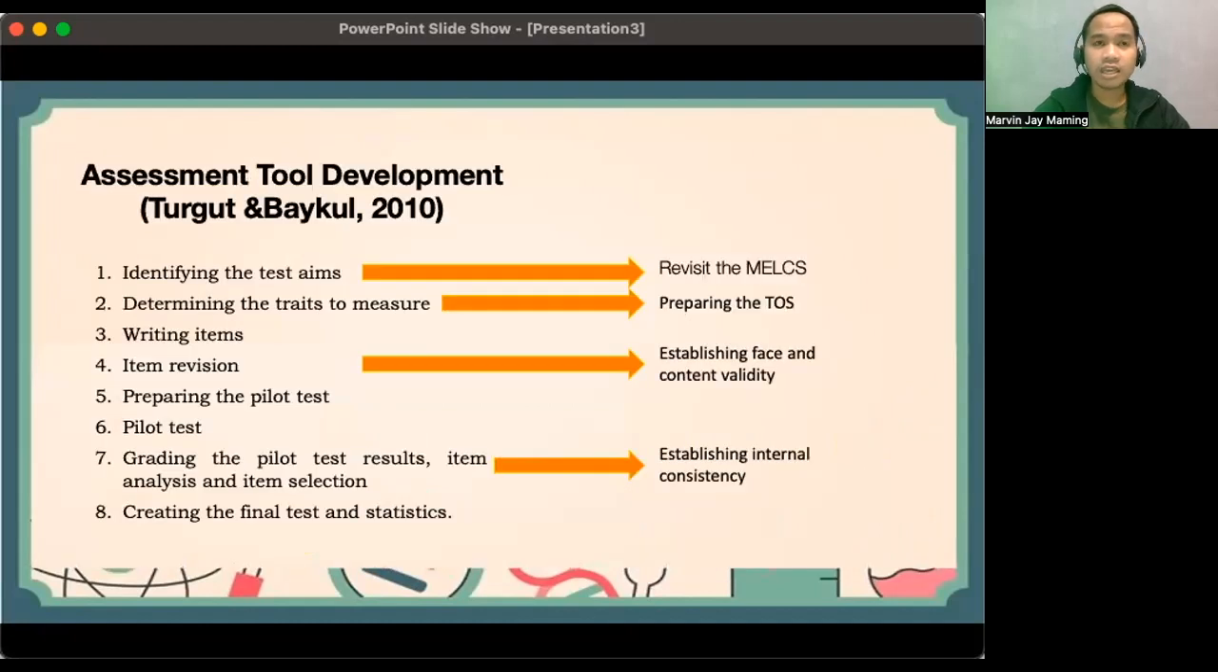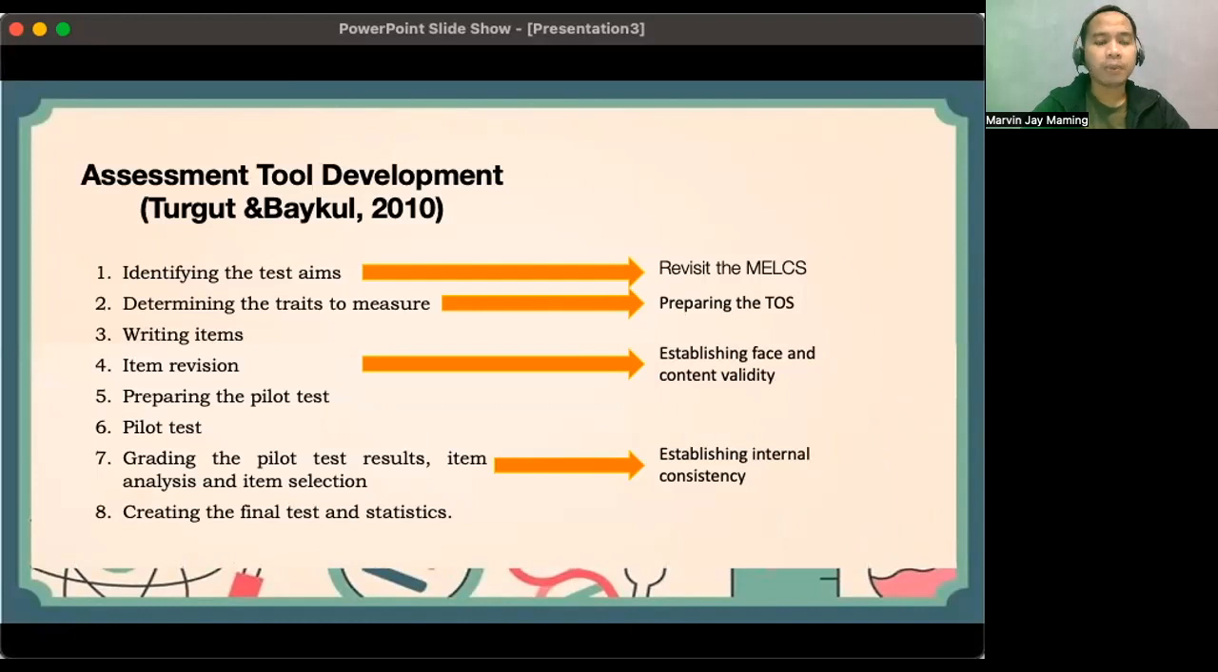We developed the assessment following the assessment tool development as prescribed by Turgut and Baykul in 2010. This involves identifying the test aims by reviewing the MELCs for General Chemistry 2, determining the traits to measure, that is preparing the table of specifications, writing the items, revising the items wherein is involved establishing the phase and content